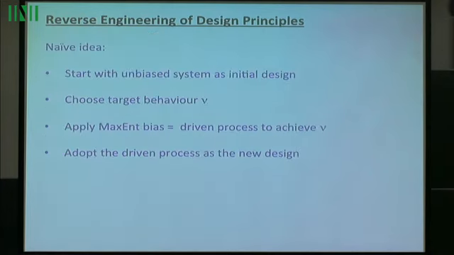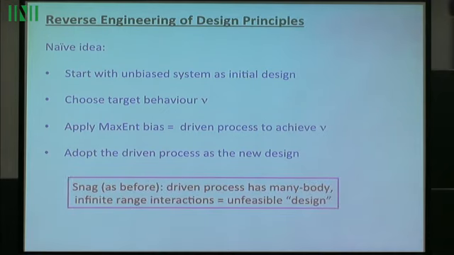So, idea. Start with the unbiased system as an initial quotes design. Choose a target behavior. Realize the driven dynamics which achieves that behavior numerically by a cloning algorithm or in any other way, and adopt the driven process as the new design with the same snag as before. The official driven process has arbitrarily complicated interactions, but if I look at how the system realizes the driven process